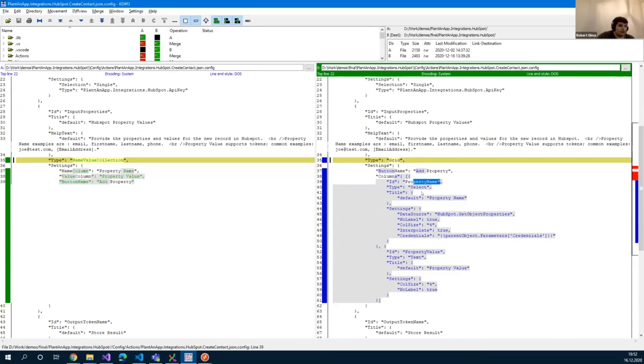But for the property name, we are using a select dropdown, and we are passing in the get object properties data source. So this is how you would do it for a normal property as well. You need to specify this data source property into the settings of the parameter. These two things,